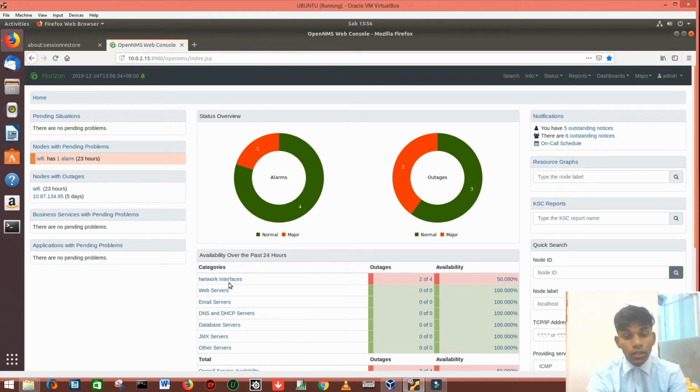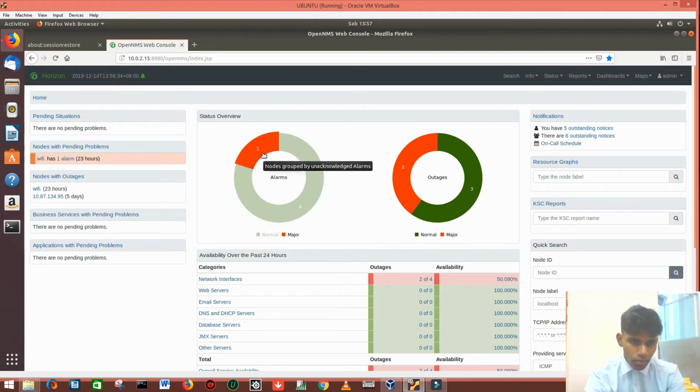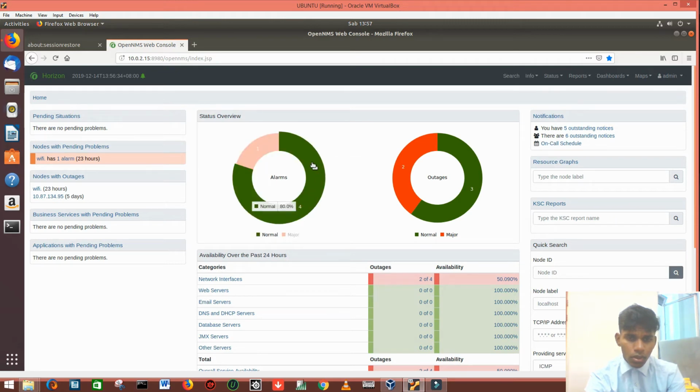So we have a network interface that is a 2/4. Then here is showing the pending alarms. Then over here, notification for the admin and the group for groups. So alarm is for the problems that are pending. Over here the major alarms, then the green color is for the normal, then